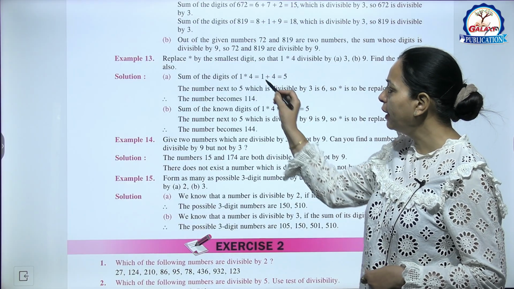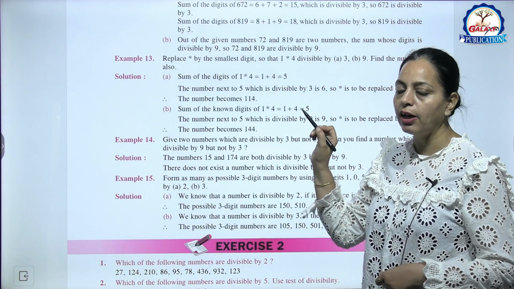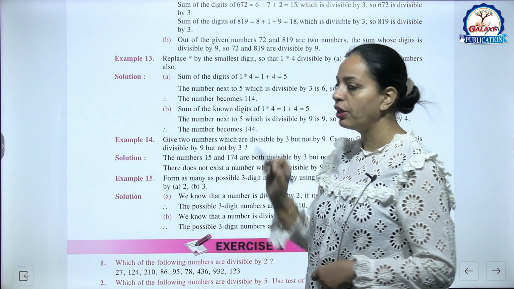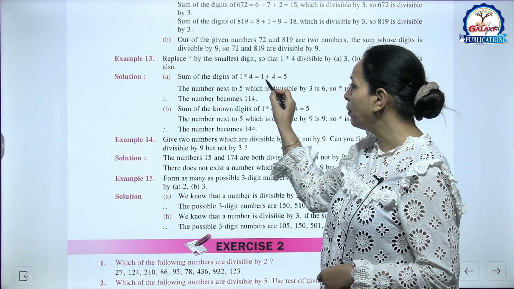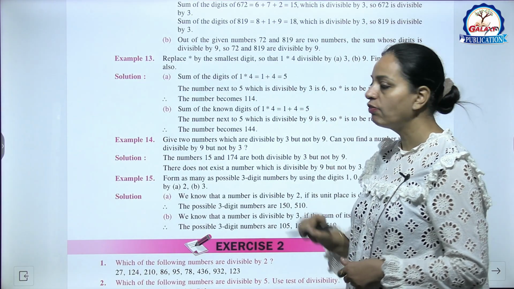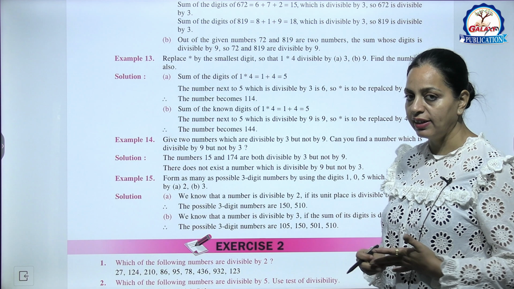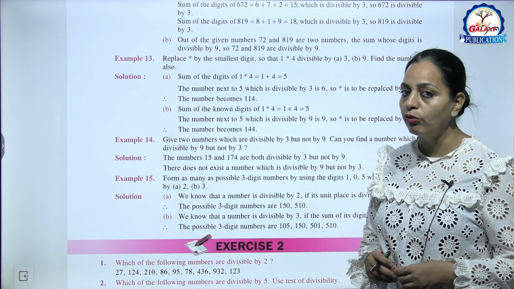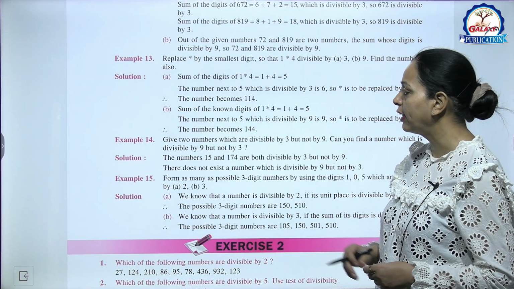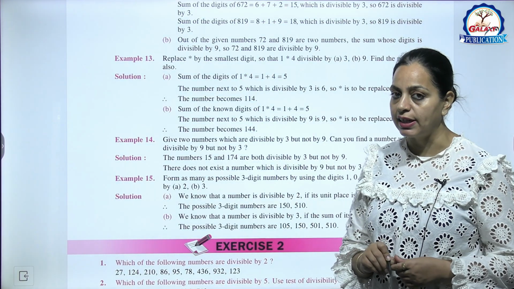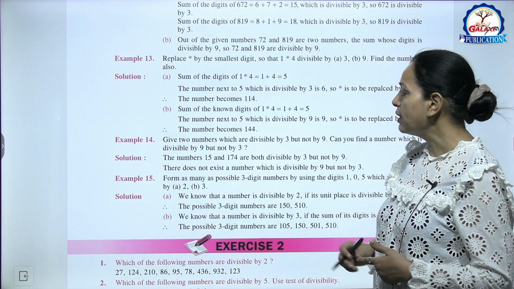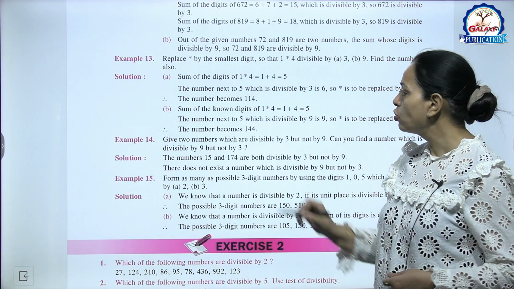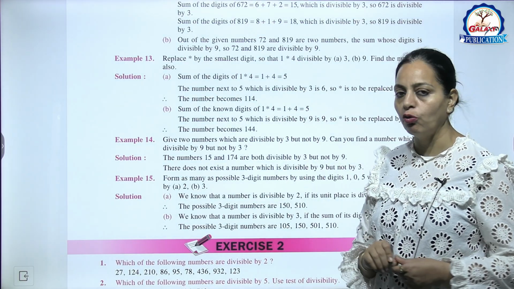See here, हमें यहाँ पर एक डिजिट लिखना है so that जो नंबर बनेगा वो 3 और 9 से divisible हो. So A part, first we are checking by 3. So sum of the digit 1 plus dash plus 4, that is 5. यानी 5 में हम क्या ऐड करें? 5 में हम 1 ऐड कर दें, 6 हो जाएगा and 6 is divisible by 3. So 5 में हम 1 ऐड कर देंगे because we have to find the smallest digit. हम 9 भी बना सकते हैं but we have to find the smallest digit. So the smallest digit is 1. So number becomes 114.